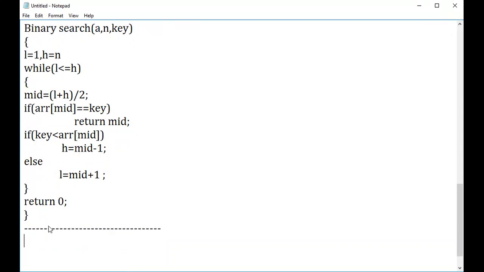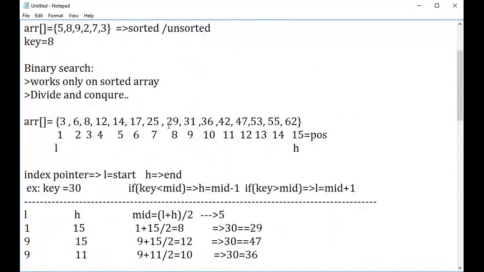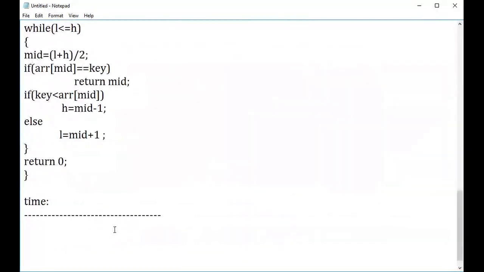Okay. And next, we are going to start with sorting. Before that, we forgot one important step, that is, what is the time complexity for this? Here, if the element is present as the mid element, for example, if the element to be searched is 29, how many comparisons will be made?